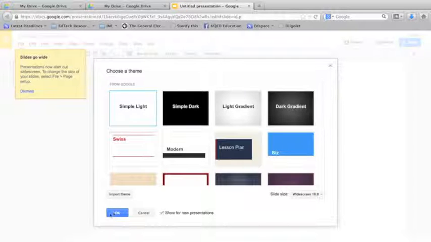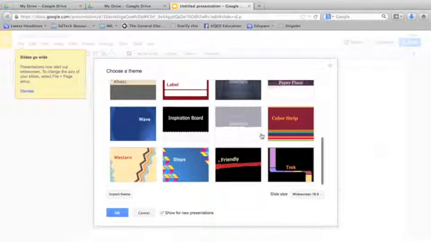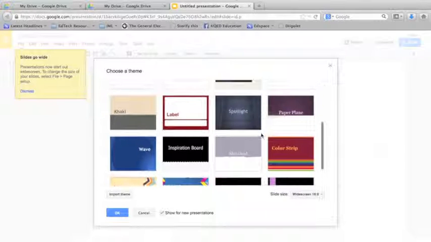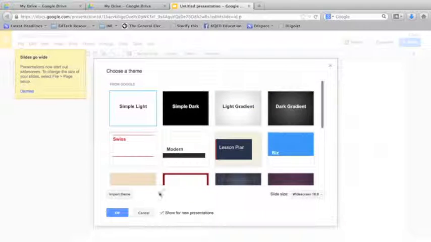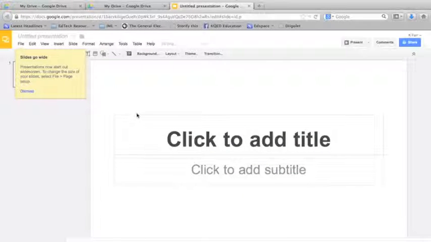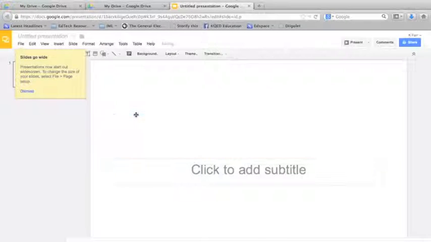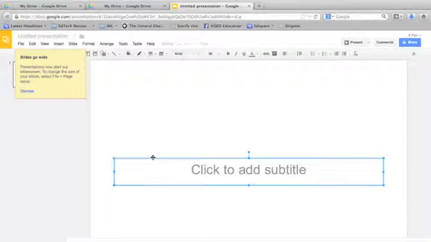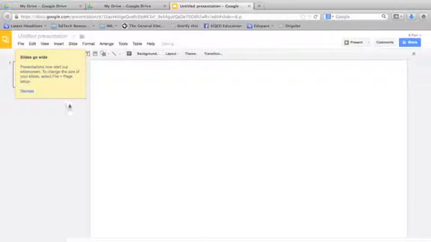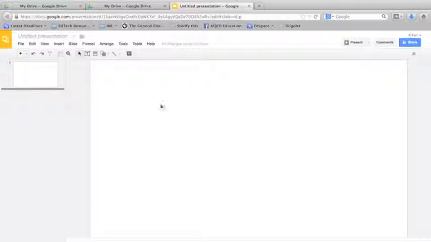So to start out, I can choose a theme. I'm going to start with just a plain background, but you can see there are lots to choose from, but I'm going to choose the simple, light, most basic theme. Then I like to delete these title boxes just to give myself a clean blank canvas to work with. You can dismiss this handy reminder that may or may not pop up, and then what you want to do